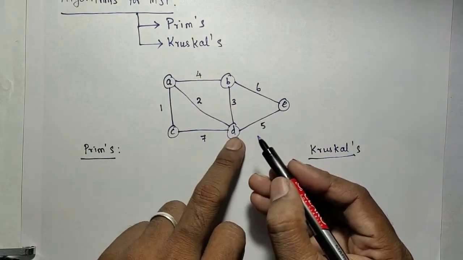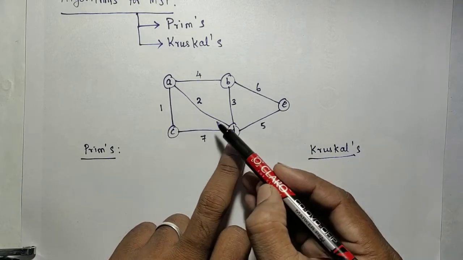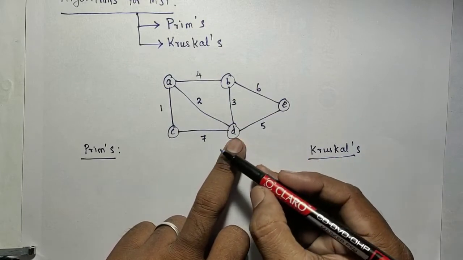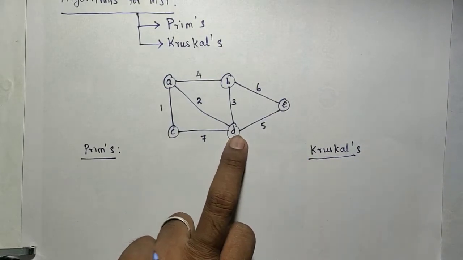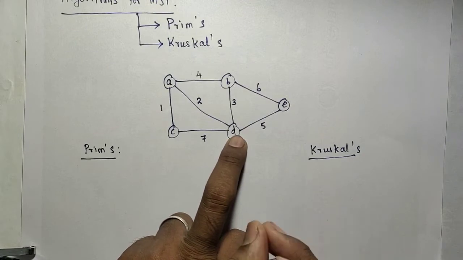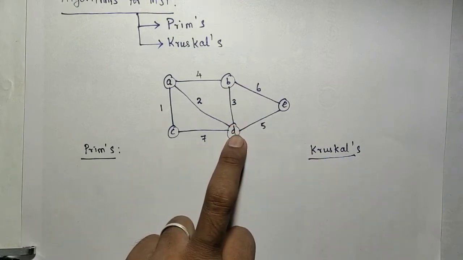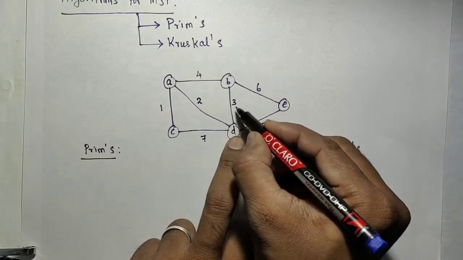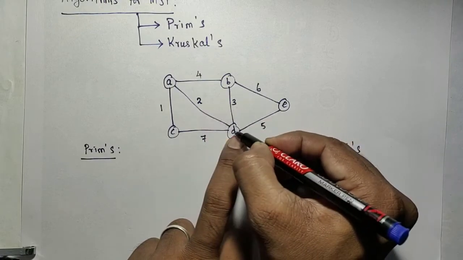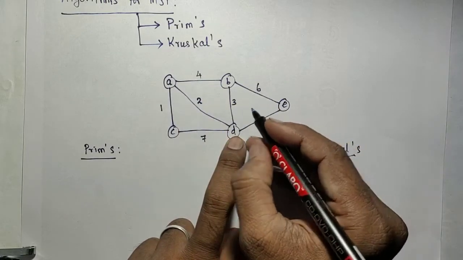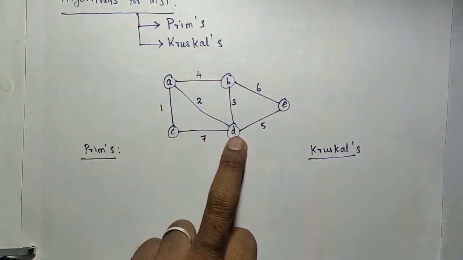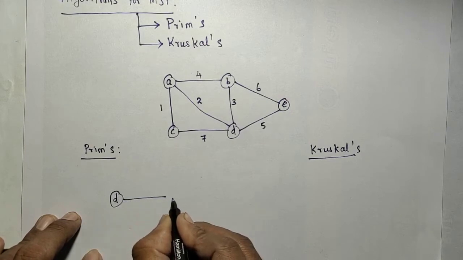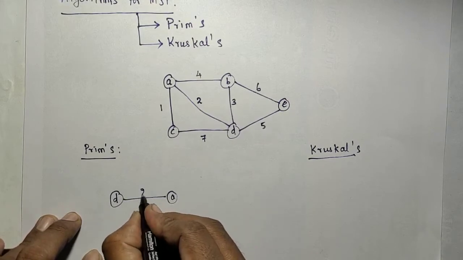From that D, what are the leaving edges? It means the adjacent nodes. All the other nodes are adjacent nodes. Among those, which is the least cost? You pick that and add it into the resultant tree. In D, the adjacent leaving edges are all these 4. Among those the least is 2. So D to A is 2. You choose that and add it to the spanning tree. So we add D to A with the cost 2.